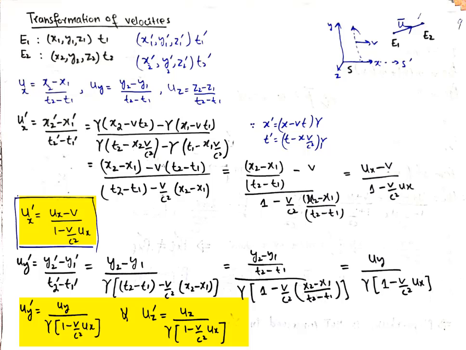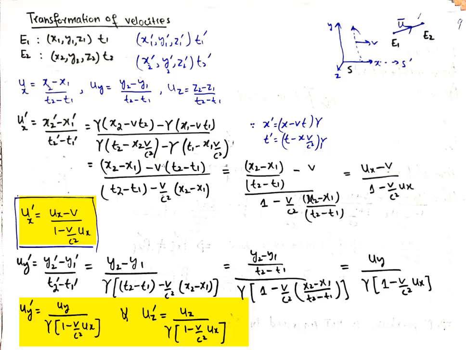If you know the velocity in one frame, you can shift your velocity into another frame. Also you can find the reverse transformation. I discussed how you can find this. All you have to do is replace the prime coordinates by unprime and v by minus v. So you can find the reverse transformation, that is, if this S prime frame is at rest, then S is moving along the negative x direction with speed minus v. So these are known as the